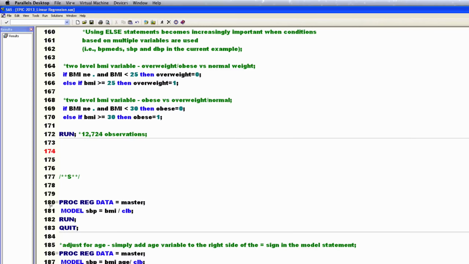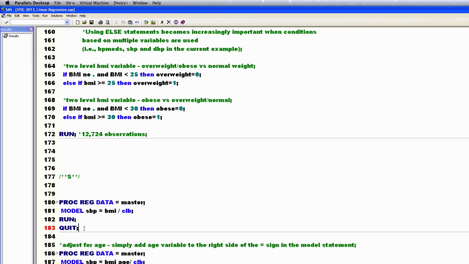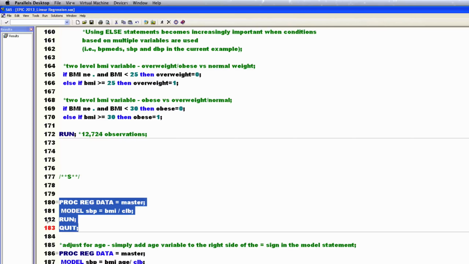And in SAS, in the editor file, here's the proc reg. You notice I added a quit statement. These quit statements simply are used in the context of some SAS procedures which are interactive, which simply means that if I only run down to the run statement, I will get output, but SAS holds some of the results from this regression in its internal memory in case I want to come back and ask for more models, for example. But it's generally good practice to include the quit statement so that SAS sort of deletes that internal memory and makes it available for faster processing. We'll highlight that,